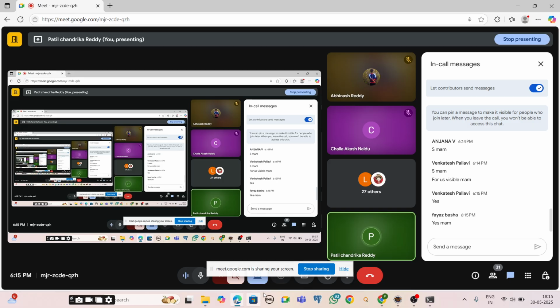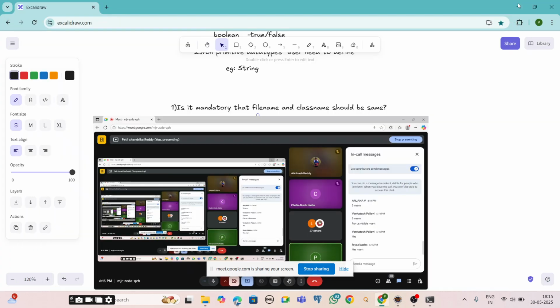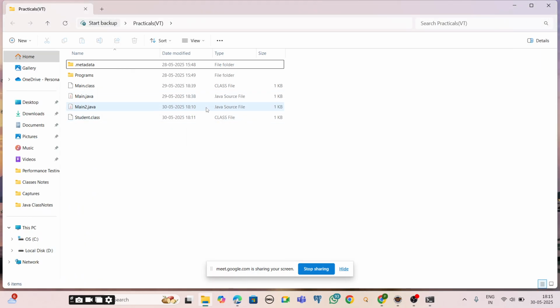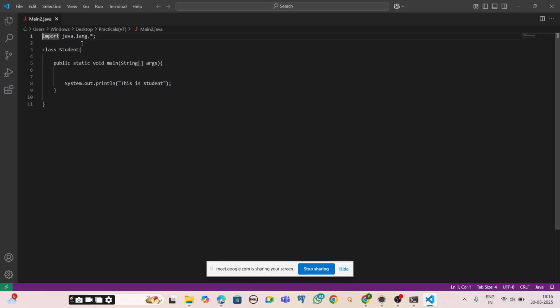So let me try to execute. Let me go back and open the same file, which is main2.java. Let me write one more class, with some name, like mobile, and let me have a main method.